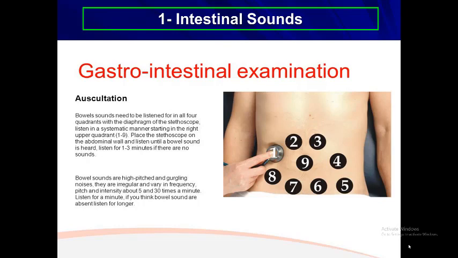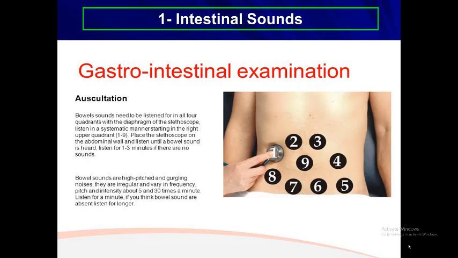The range, as some literature says, is from 4 to 8, and also from 5 to 30 a minute, it's okay also. Listen for 1 minute at least. If you think bowel sounds are absent, listen longer and repeat.